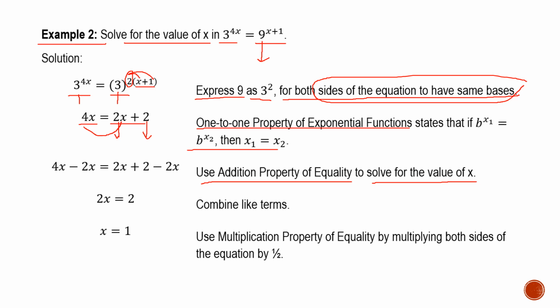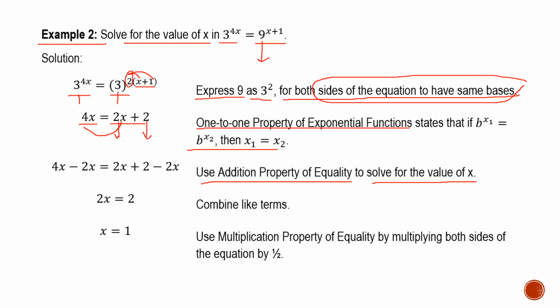Or we just simply put all your terms that have a variable x to one side of your equation. So that's why we're just putting all your terms with your variable x to the left side of your equation. Or we can apply the addition property of equality by simply subtracting both sides of your equation